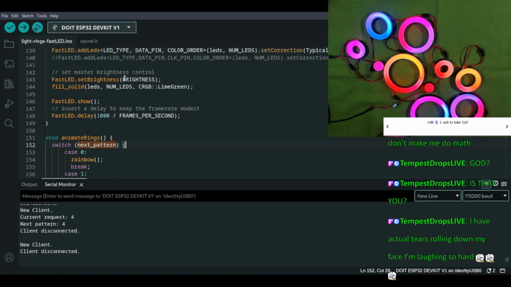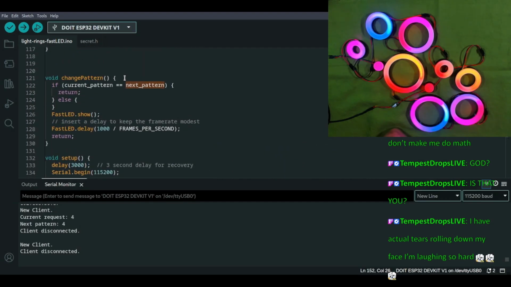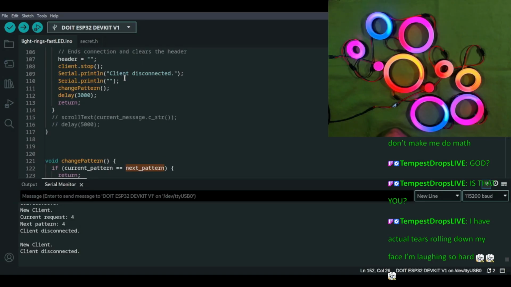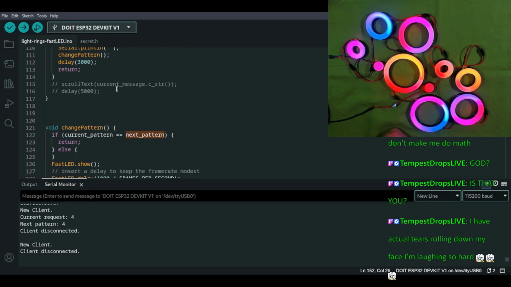Then we're going to call animate rings up here, where we were calling change pattern.